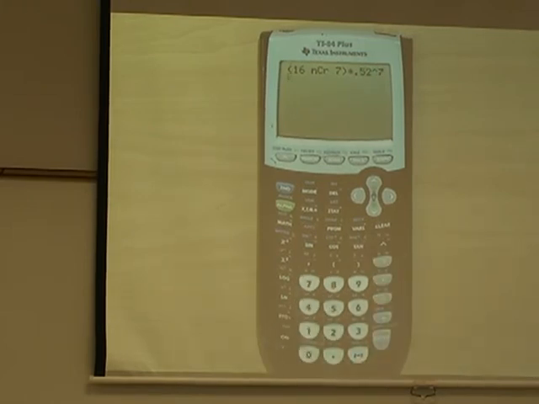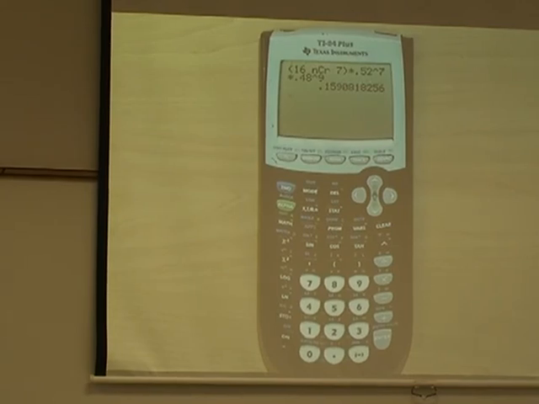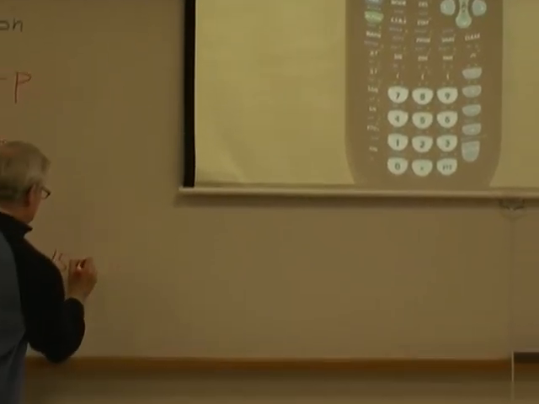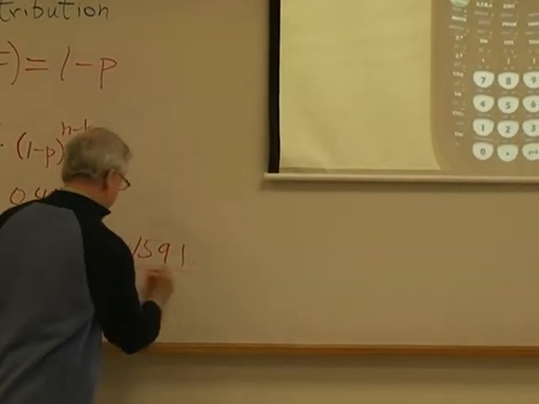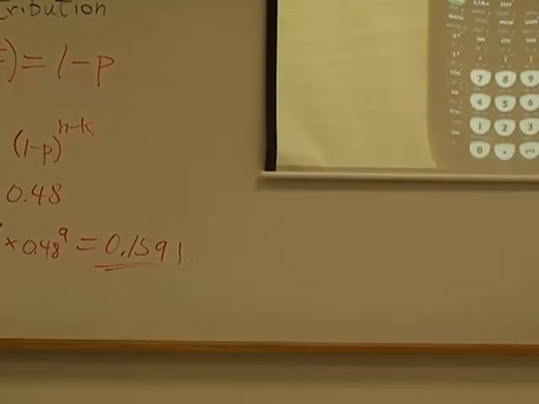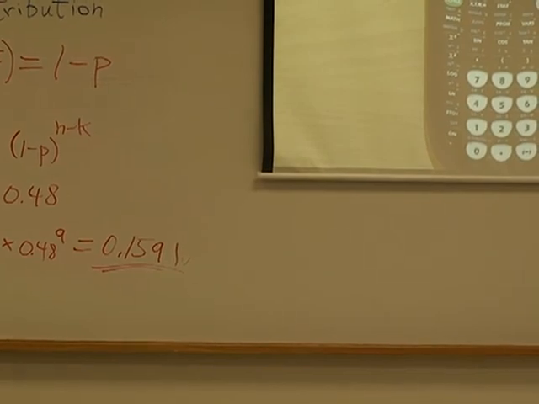That's my probability of success, raised to the number of successes, times 0.48 raised to the 9th power. That's my probability of failure raised to the number of failures. And I get an answer, which is 0.1591, rounded to 4 places. So I have just about a 16% chance under these conditions